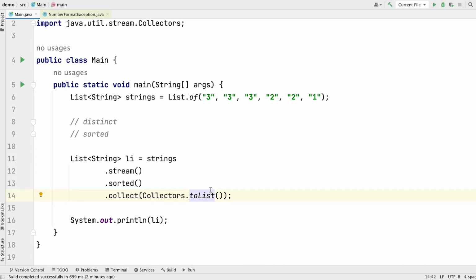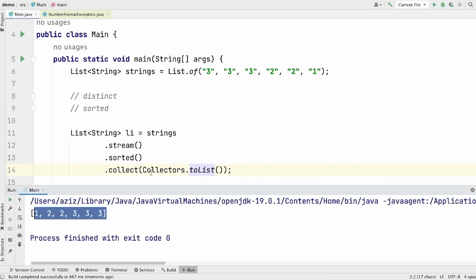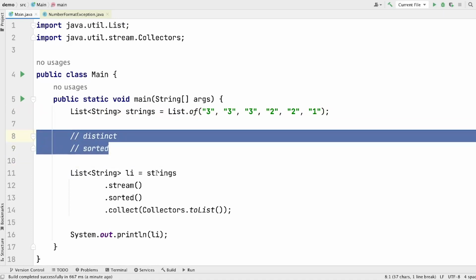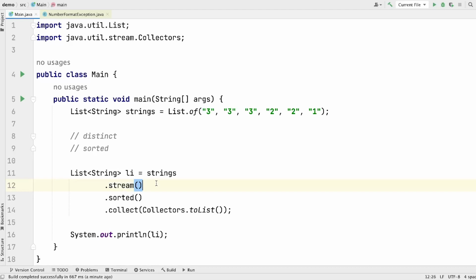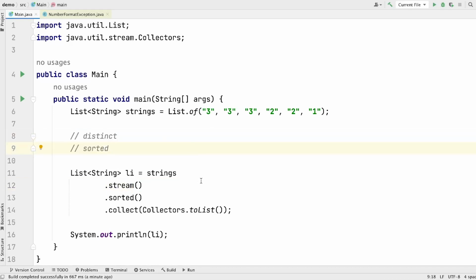So let's run the program and see what it does. You will see that all the elements of the list are sorted now and printed on the screen in the form of a collection. Okay. So this is how you can use the distinct and sorted methods with the Stream API in Java to get the distinct elements from a list and to sort a list in ascending or descending order. And these two methods are the exception to the fact that a stream does not store any element, whereas these methods store elements of the list inside of their internal buffer to process the list and pass it to the next step of